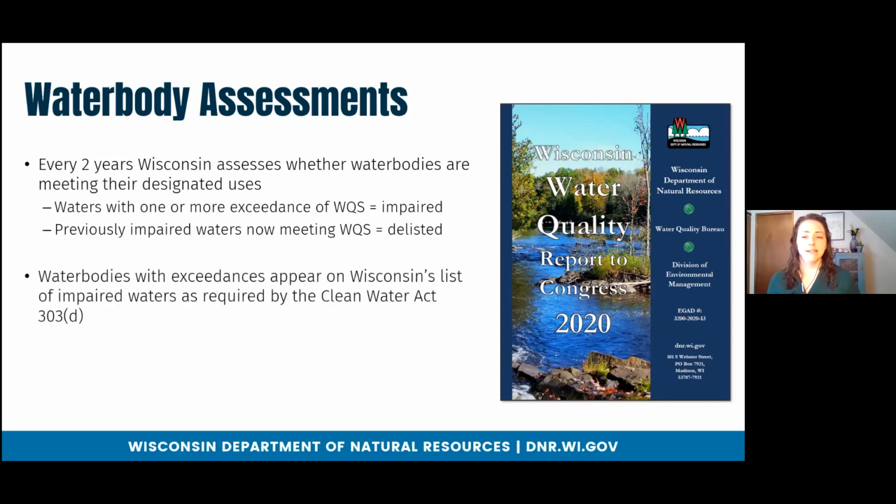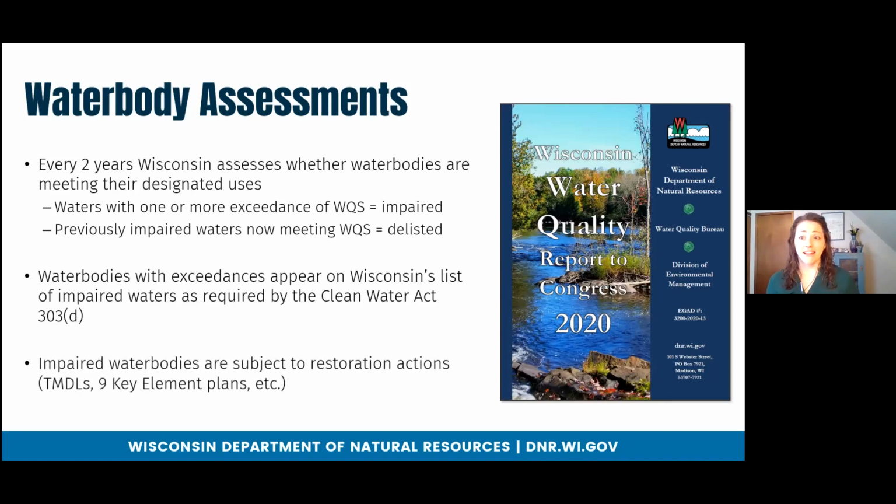And water bodies with exceedances appear on our list of impaired waters, which is also called the 303(d) list. You may hear that. And that's not a mechanism to shame the water bodies or anything. Impaired waters are subject then to restoration actions. So we put them on that list to make sure that we know which water bodies we want to have targets for restoration. So these would be total maximum daily loads or nine key element plans, things like that, to help the water body get back to its